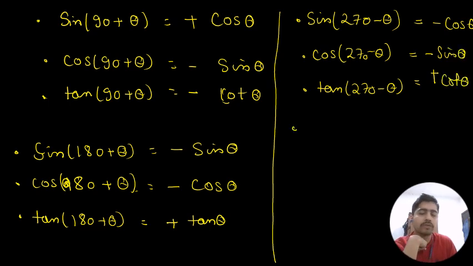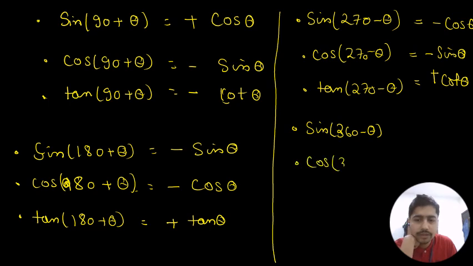Now for the fourth quadrant, sine of 360 minus theta, cos of 360 minus theta, tan